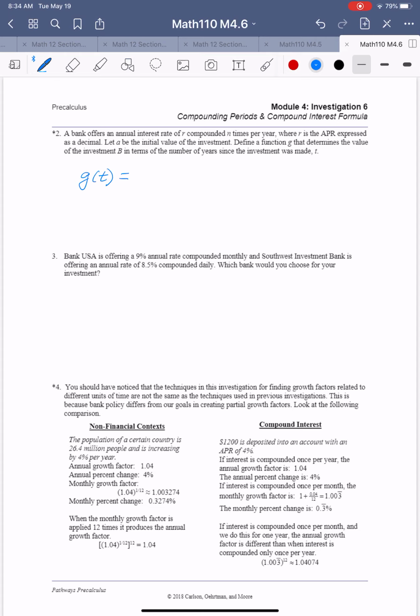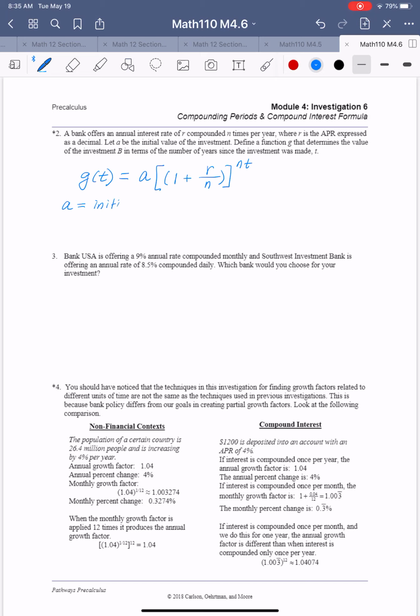So you're going to have always the initial amount, okay? And then it's going to be the growth factor. So you're adding always 1 with the interest rate. And then there's the interest period per year, okay? And then the interest period, you need to multiply by T. Okay, so which means A is